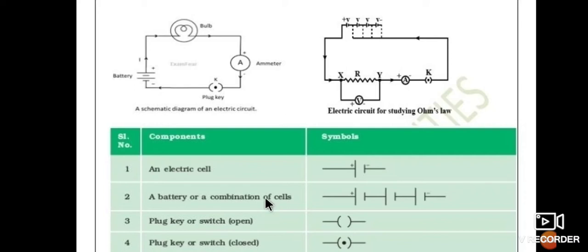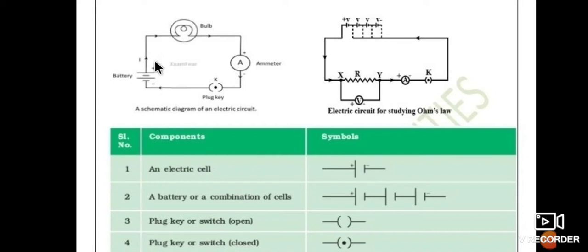So in the physics chapter, this table is very important for 10th standard. Now let us see some components and symbols that are given, and here circuit diagrams are here. Now, first circuit diagram you see, now the symbols mentioned in the circuit diagram.